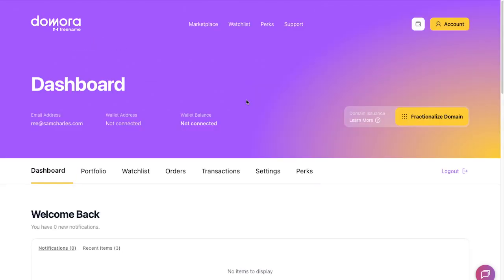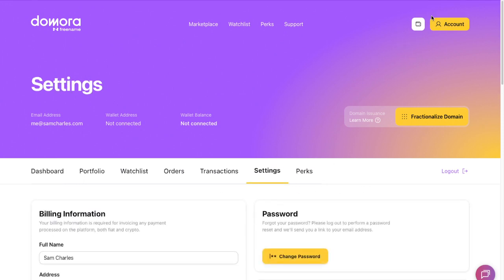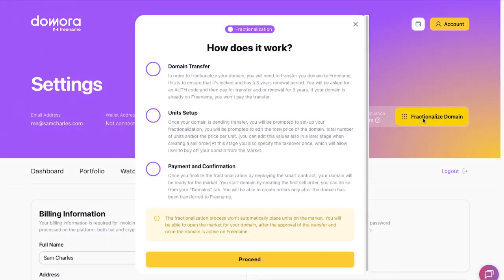Now, the first thing to do once you've logged into Demora is to connect a wallet, because you're going to need a wallet to allow yourself to fractionalize the domain name. You also need a small amount of ETH in your wallet, and I'll just explain this in a minute. So first of all, we need to have a wallet, because there's no wallet actually on my account at this moment. So if we go to fractionalize domain,